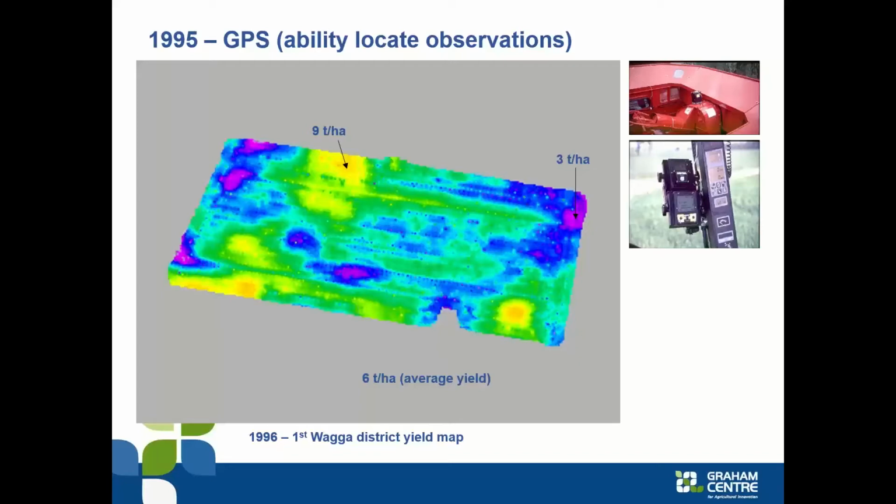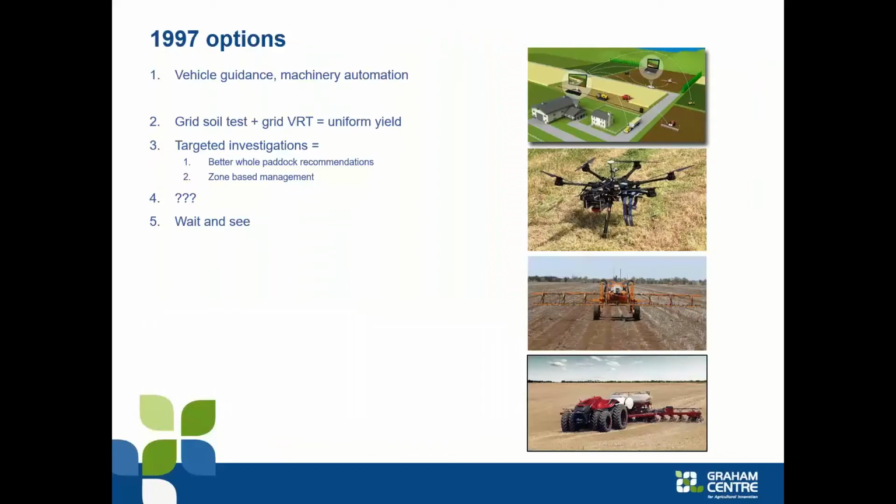It just raised all kinds of questions. Well, what are we going to do about it? How are we going to manage that variability? Because it seemed pretty obvious to a lot of people at the time that all we needed to do was get out and soil sample those low yielding patches, identify what the nutrient limiting the yield was, variably apply it, and everything would be happy. 25 plus years later, that's not quite the way it's panned out.